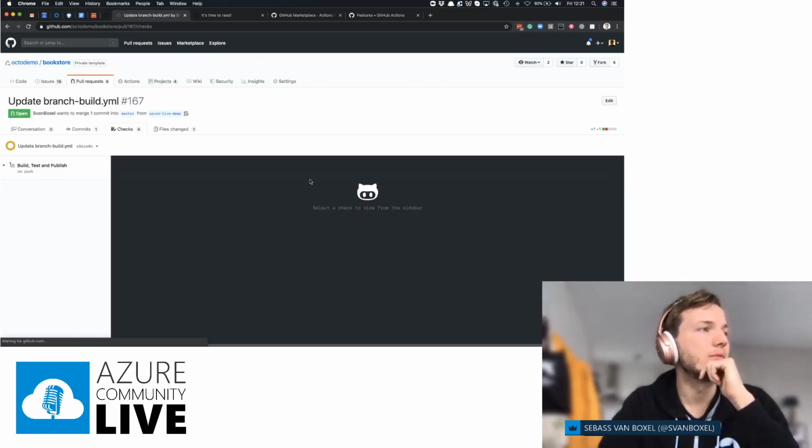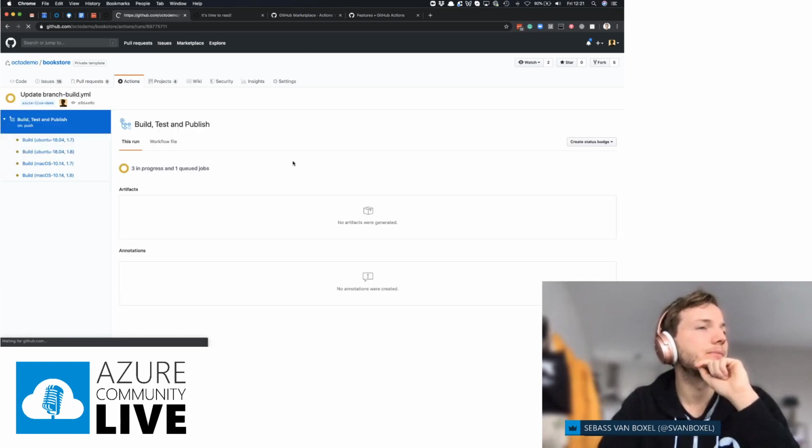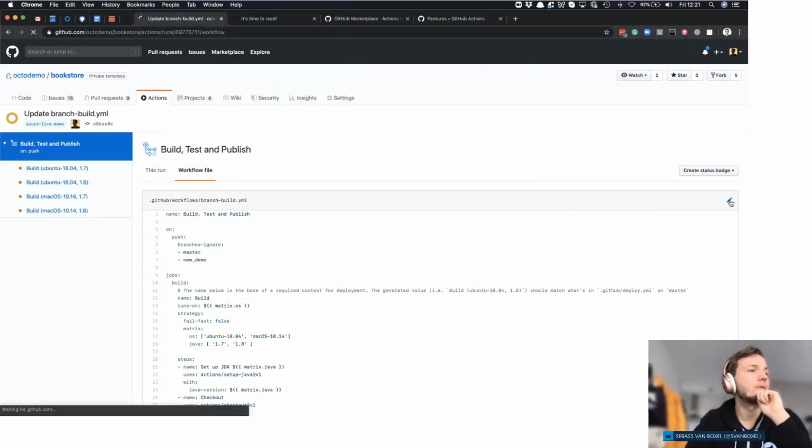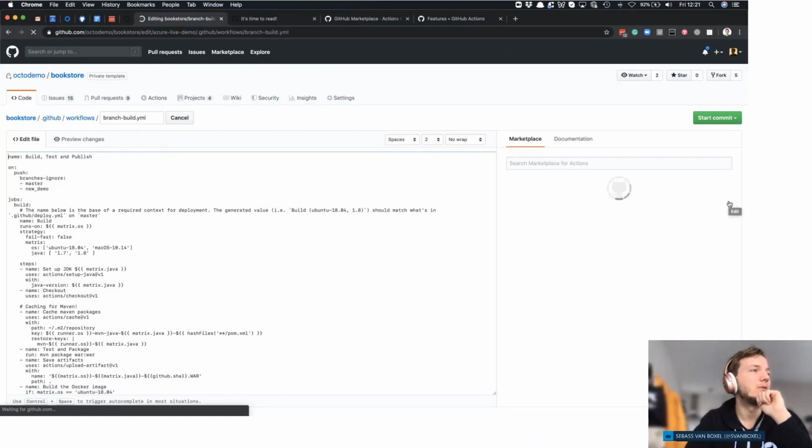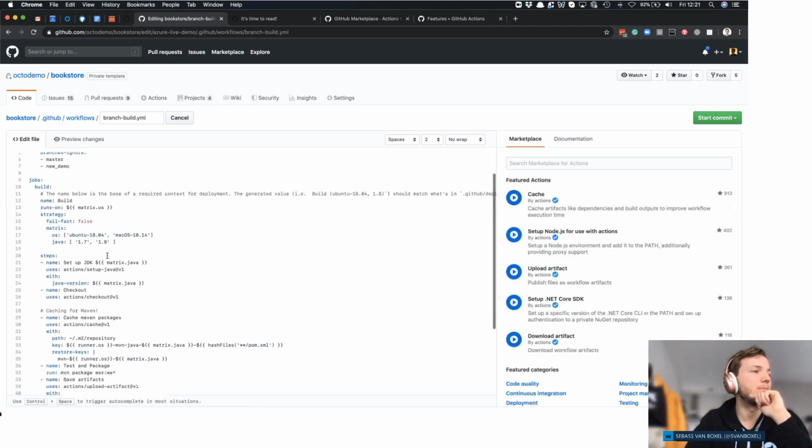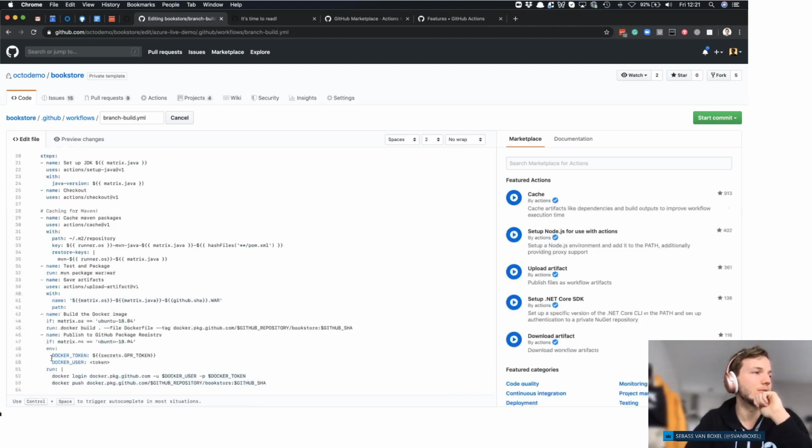This kicks off 4 builds, as you can see. Let me show you another thing in the workflow file. So now what we do, we do the build and eventually we push this to a Docker registry on